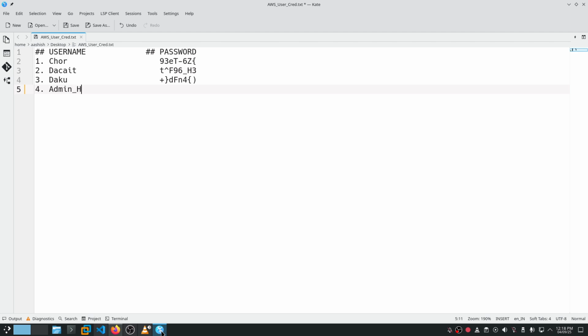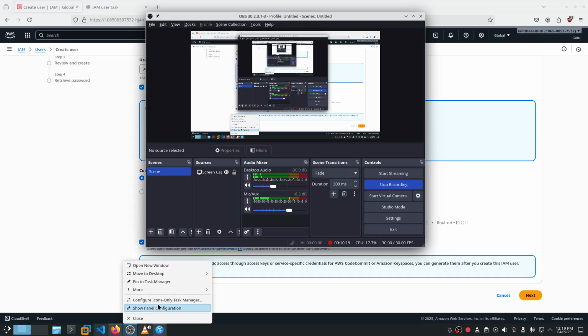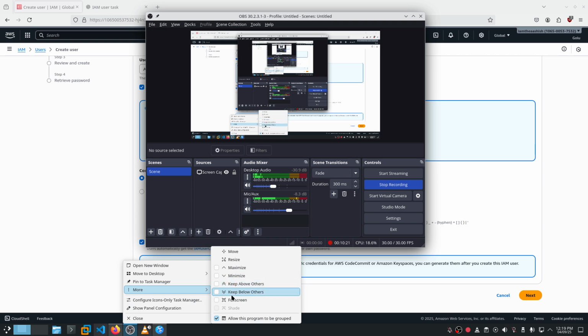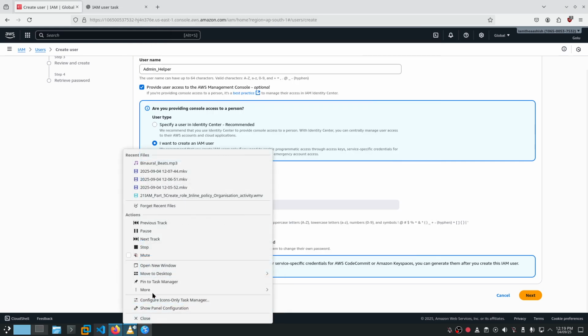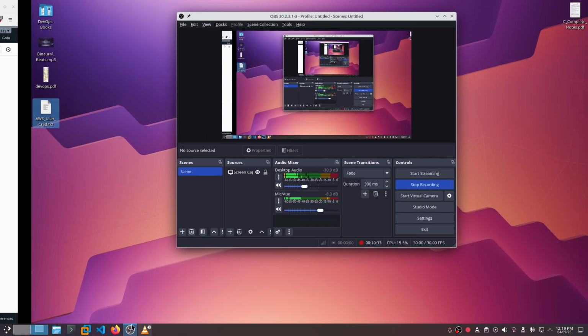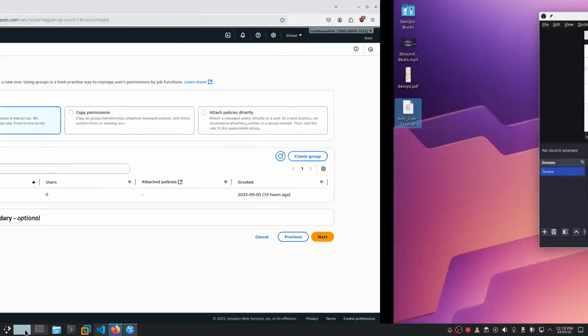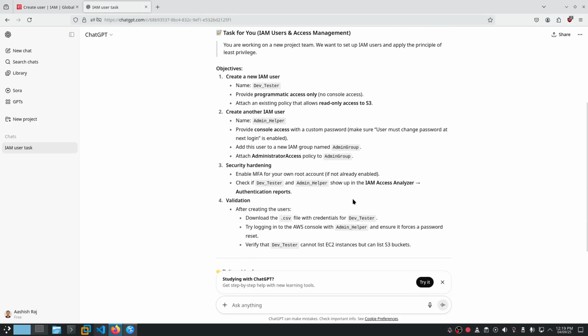admin helper. Okay, what if I send this to desktop 2, this also to desktop 2? Next, provide console access with custom password.